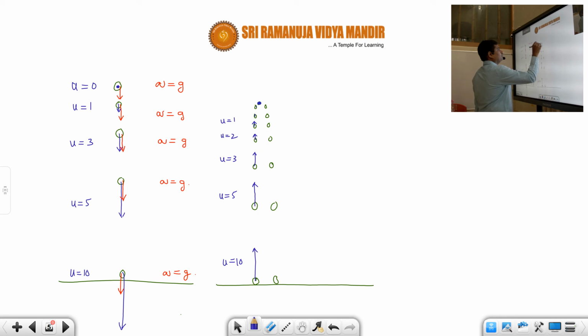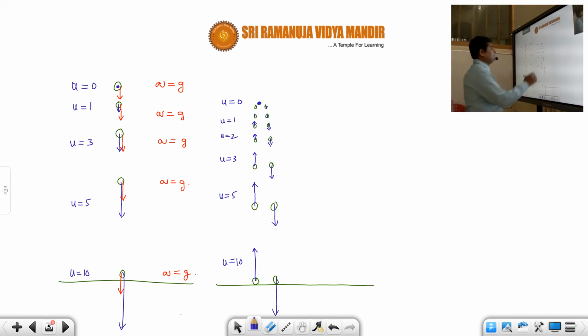Then like this. Now here it is 0 only, just u equal to 0. The speed will decrease. Okay. Now again what will happen? The speed will increase. So here a very small arrow, small length of arrow. Then again like this, a little more, and then more. I hope you are understanding, students. Just by seeing that diagram, you can clearly know that as it is going upwards, its speed is decreasing.